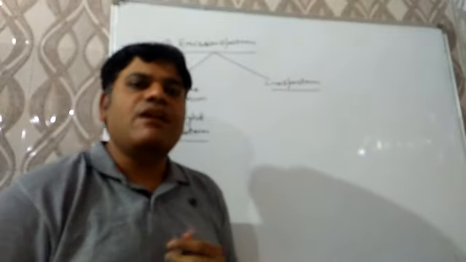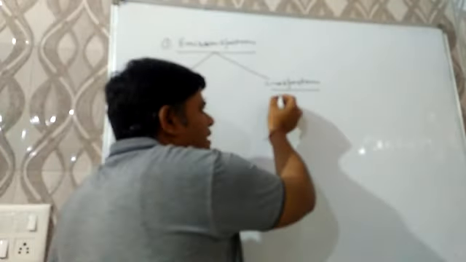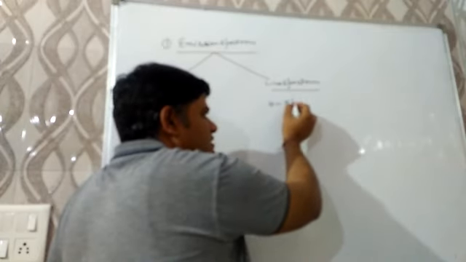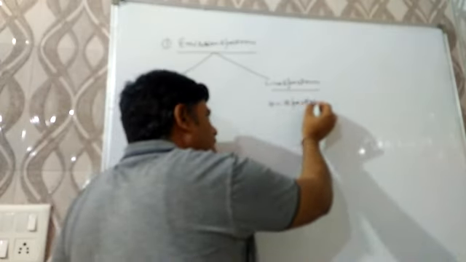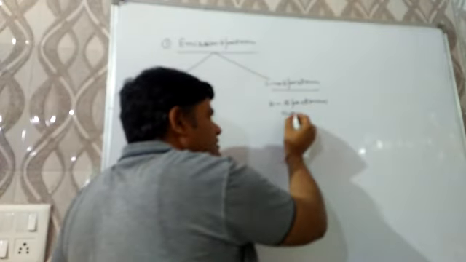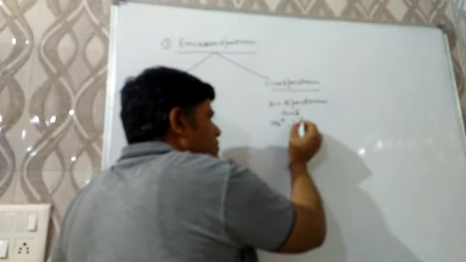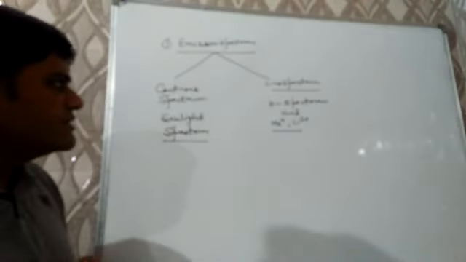Next one is line spectrum. In this type of spectrum, the wavelengths or radiations are separated from each other by distinct lines, and that's why this is known as line spectrum. An example of it is the spectrum of hydrogen and hydrogen-like species, like helium positive, lithium 2 positive, and it was explained by Niels Bohr. We are going to discuss it.